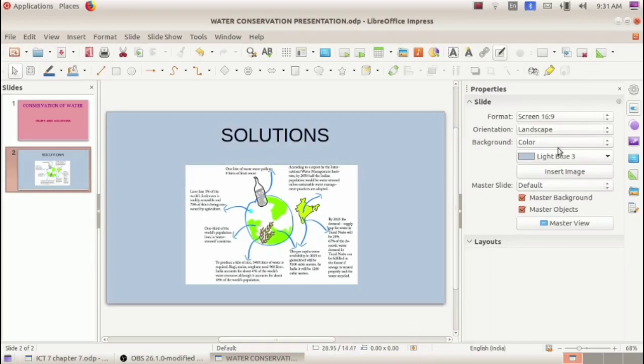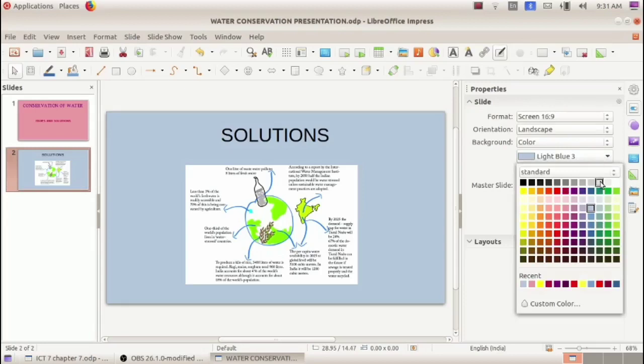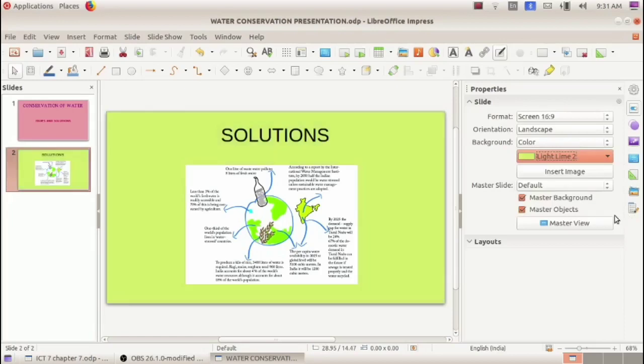Or second method, from this Properties window in the right side, here we can see the background color. Now the selected color is light blue. Click here. We can select any other required color from here. See, this is the method to give background color to the slides.